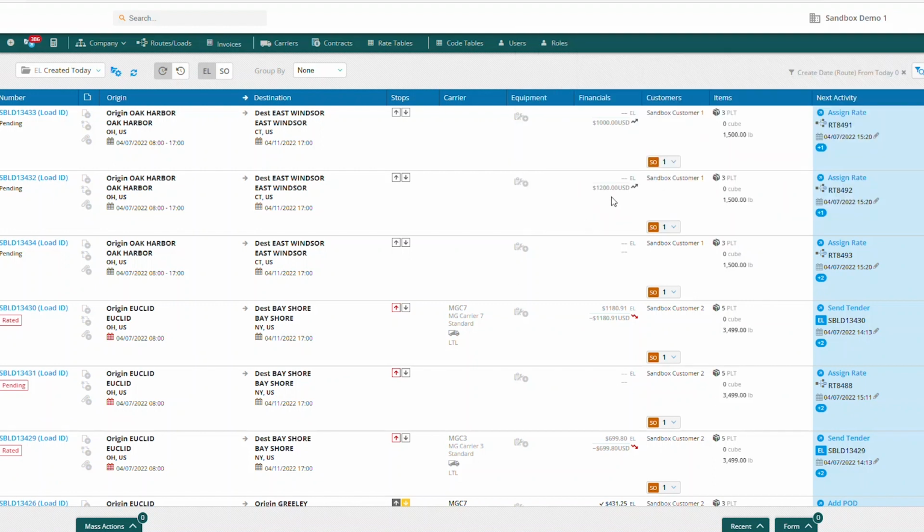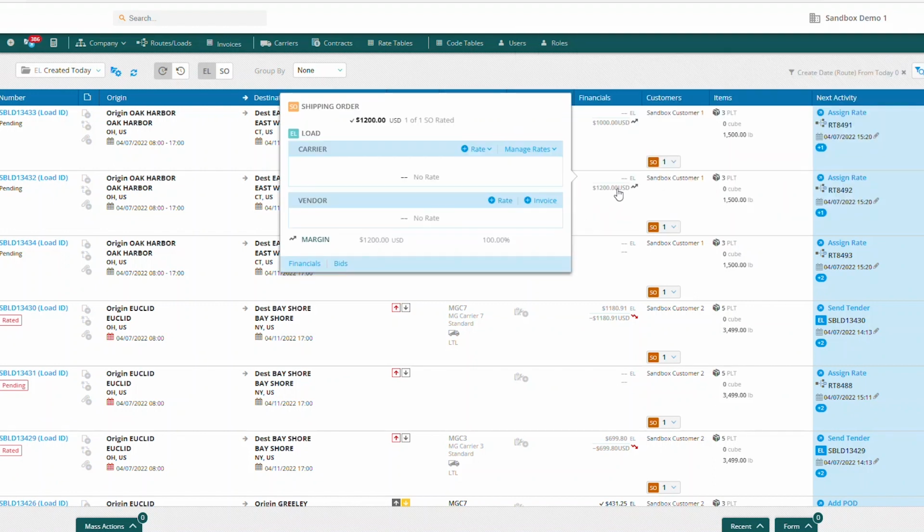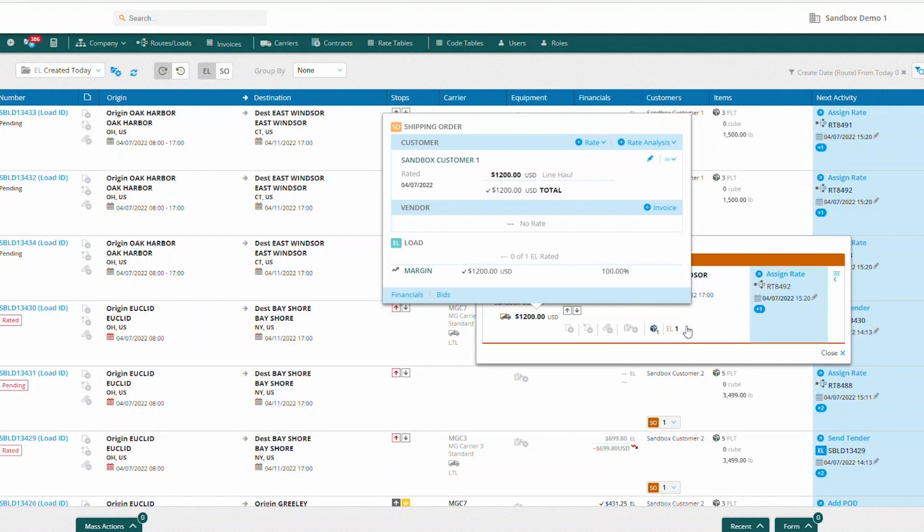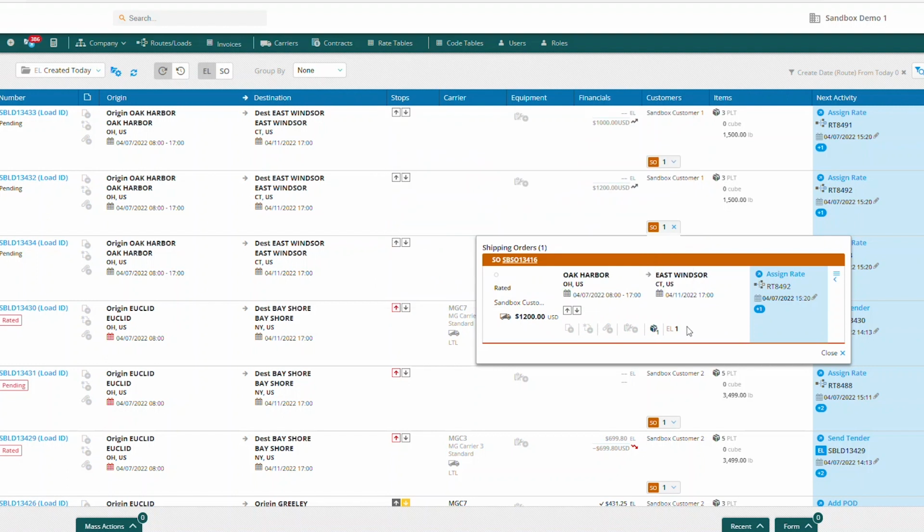And so if you hover over financials once again, you can see that we have a rate of $1,200 on the shipping order, which you can also see from here, and showing that the shipping order is now in a